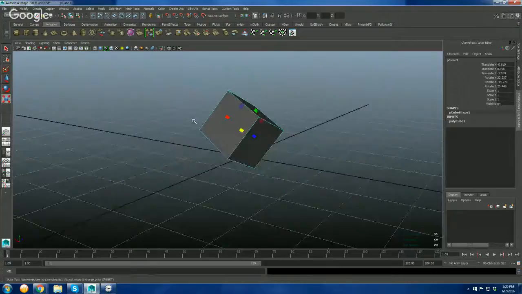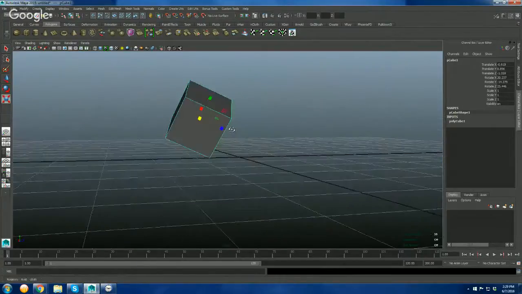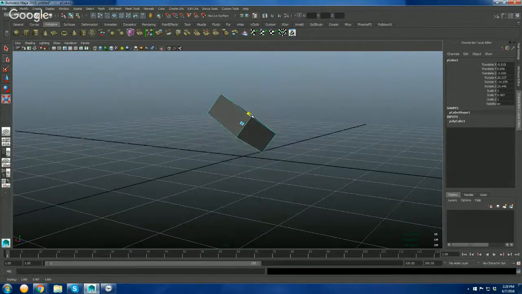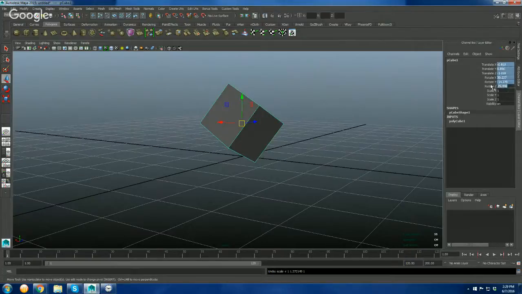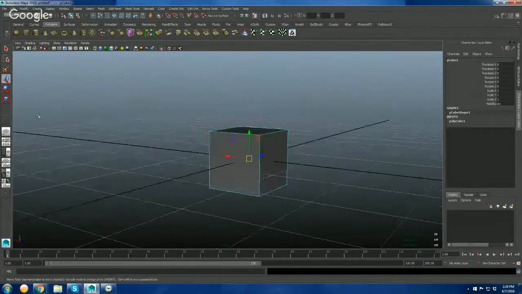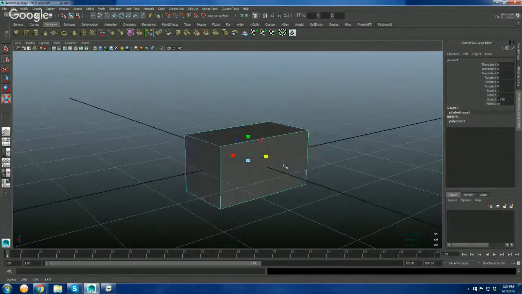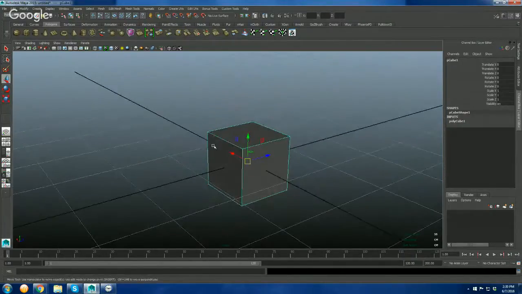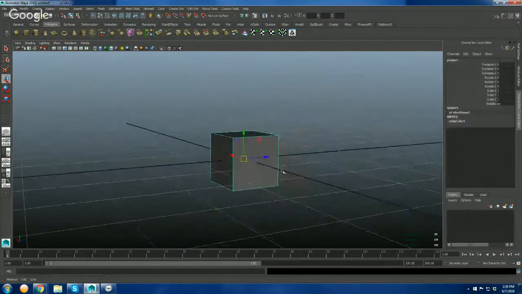So the scaling is the same thing. Okay, I'm going to show you something about world. I'm going to put everything to 0. I'm going to show you scale, and how to do that. Scale is nothing but the same thing. If I'm scaling in Z, or scaling in X or scaling in Y. Okay, so whenever you have a manipulator,